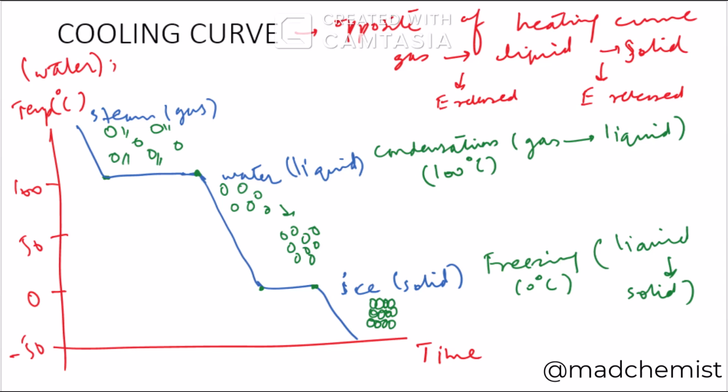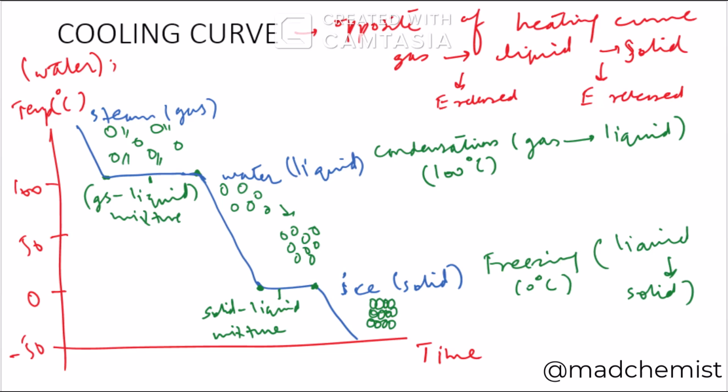There is solid, and at this point, a solid-liquid mixture persists. At this stage, the whole substance is converted into a liquid form, but at this point, the whole substance is converted into a solid. In this way, all the way from above to down, there exists a liquid state, but in this horizontal line, there exists a gas-liquid mixture. Some substance is present in the form of gas, and some is present in the form of liquid.